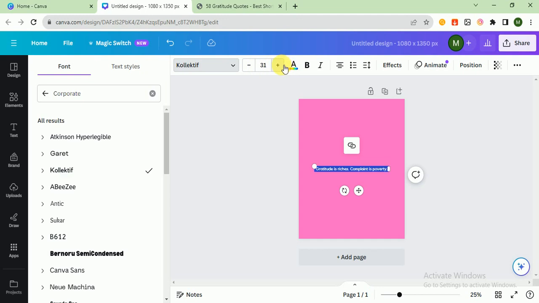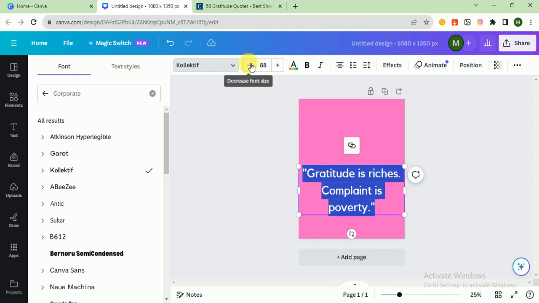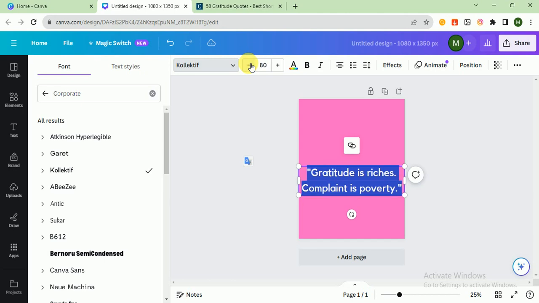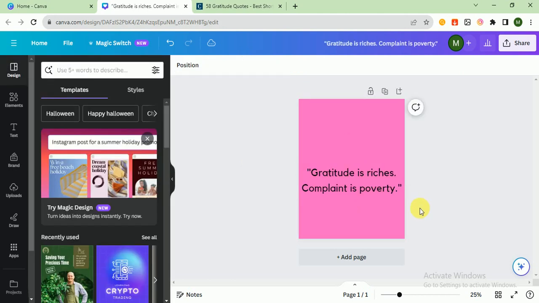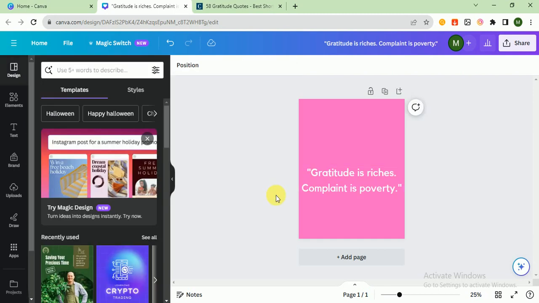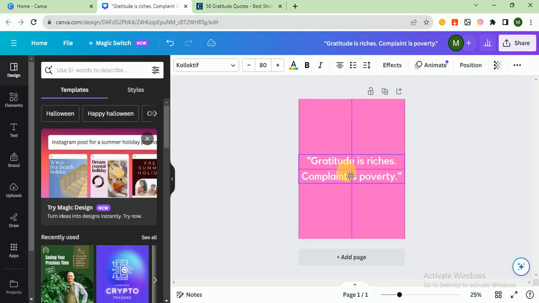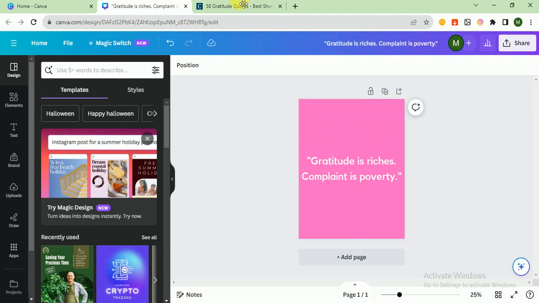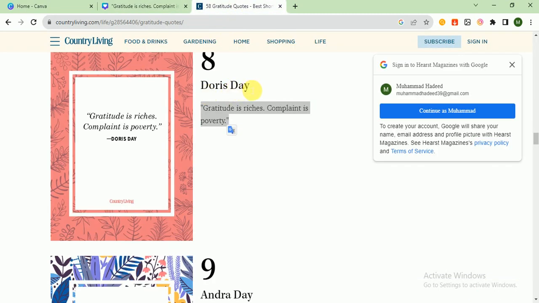Now I am changing the size, increasing the size of the quote. I change the color because white suits with pink, and after that I have to